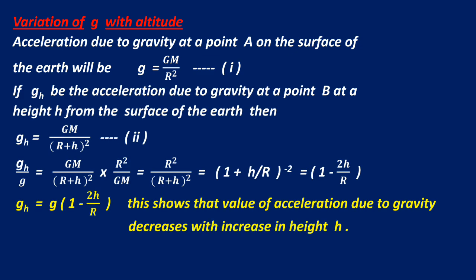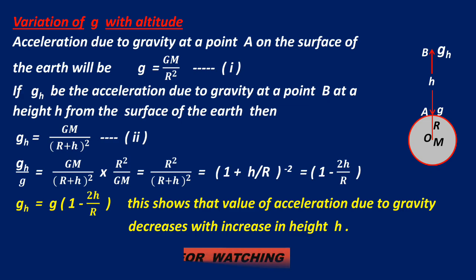Now, variation of small g, that is acceleration due to gravity, with altitude. So here you can see the acceleration due to gravity at point A on the surface of the earth will be g equal to GM by R square. This is equation 1. If gh be the acceleration due to gravity at a point B at a height h from the surface of the earth, then gh equal to GM by (R plus h) whole square. Equation 2. Taking the ratio of gh by g, we are getting